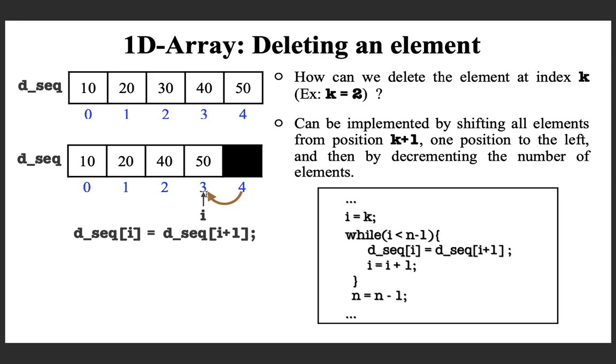3 is actually 5 minus 2. The number of elements is 5. You have to move up to 5 minus 2. In general, you have to move up to the value of n minus 2. So until this i becomes n minus 1, you can come out when it is n minus 1. When it is n minus 2, you have to execute. That's what I mean. Okay, this is the code.